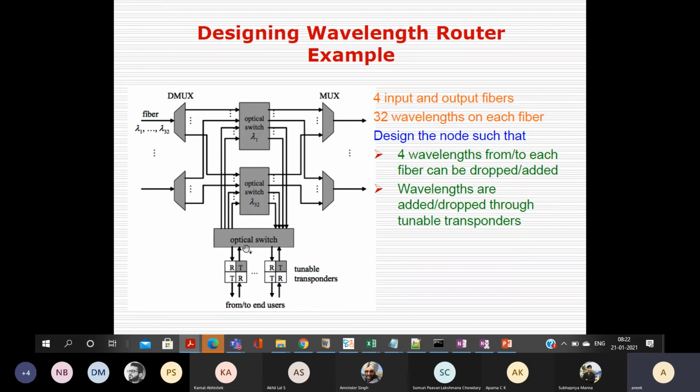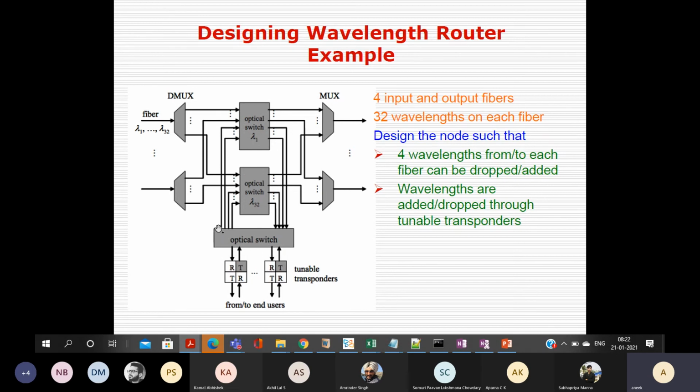We'll show why we use an optical switch. So what is the role of the switch? The switch can be configured and you can send a signal from any input port to any output port. This is the role of the switch.